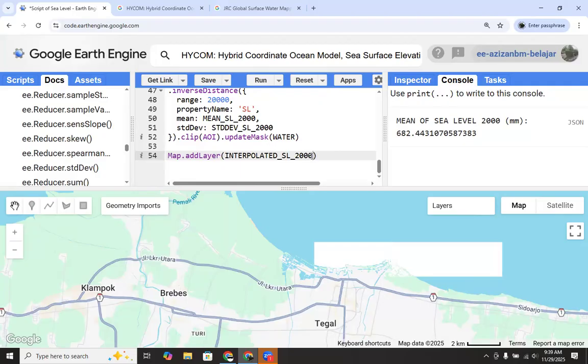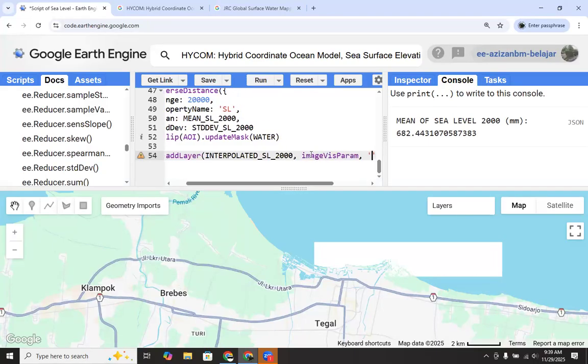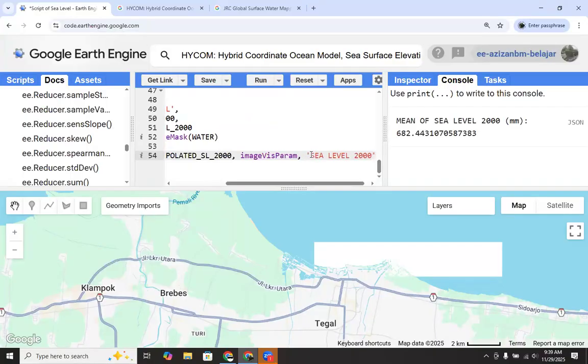To define the visualization parameter, we can use the image visualization parameters, and then we define the layer's name.